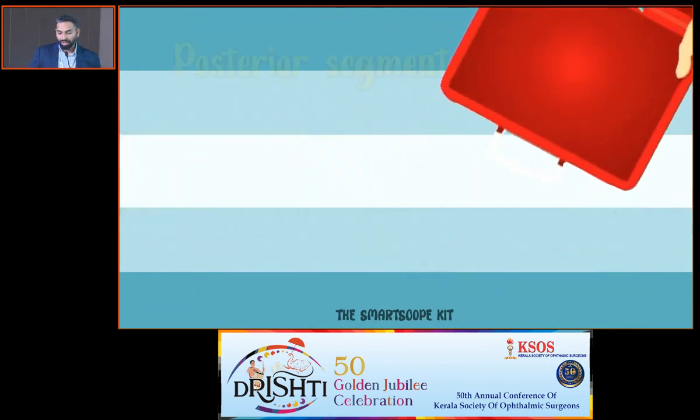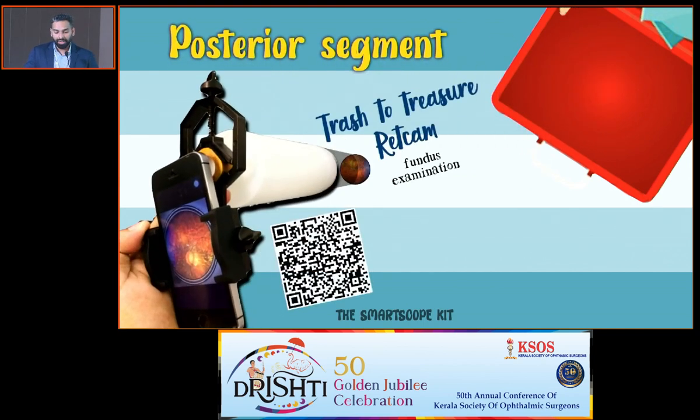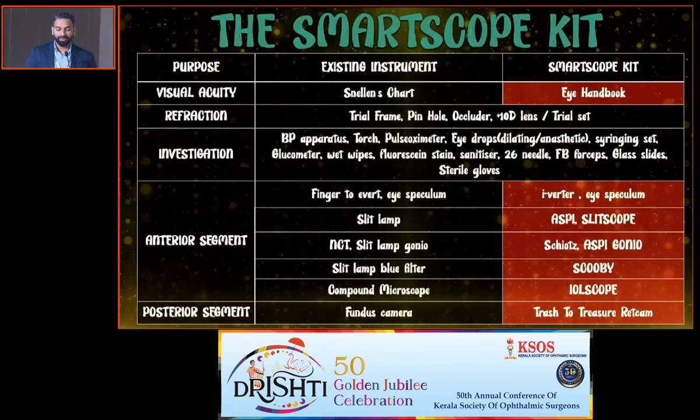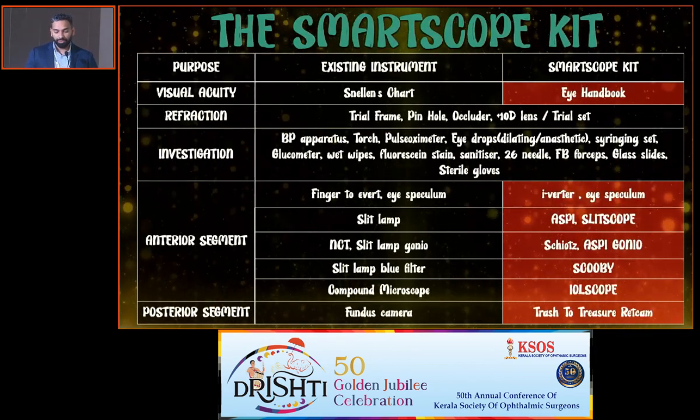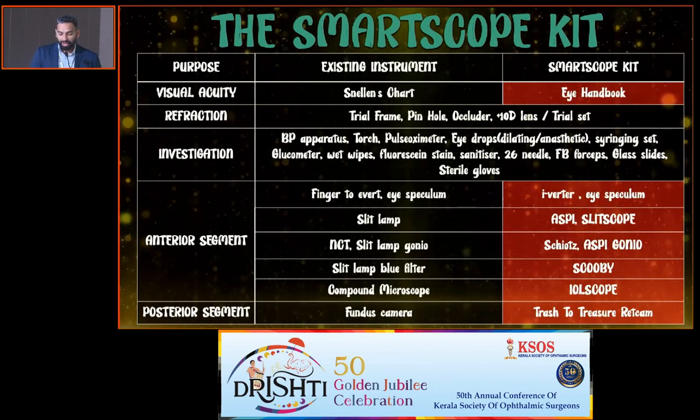So these all comprise the anterior segment, and then for the posterior segment we have the trash to treasure red cam. This also will be covered by Dr. Shishir, and a few other red cams which can be used. So this is basically the smartscope kit which we made as a comprehensive ophthalmic kit which can be used for visual acuity, refraction, investigations, and